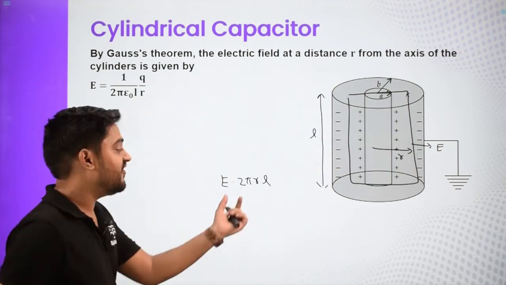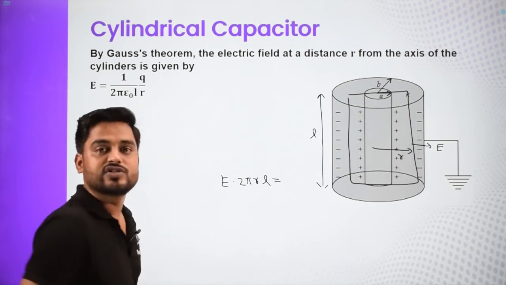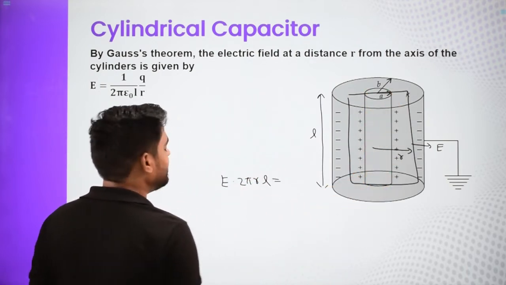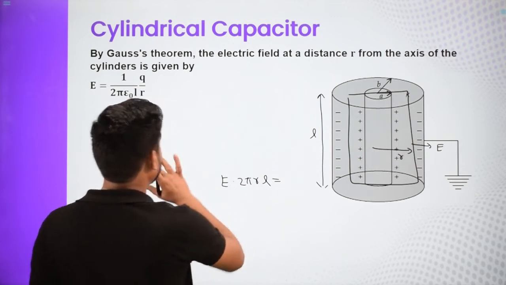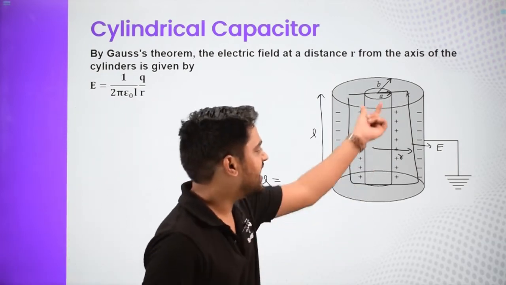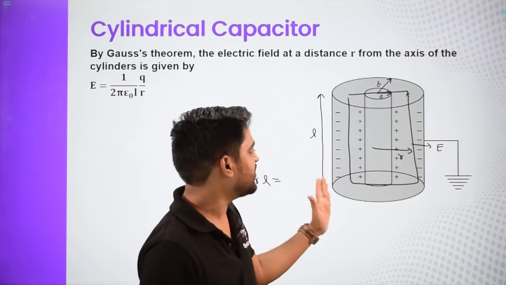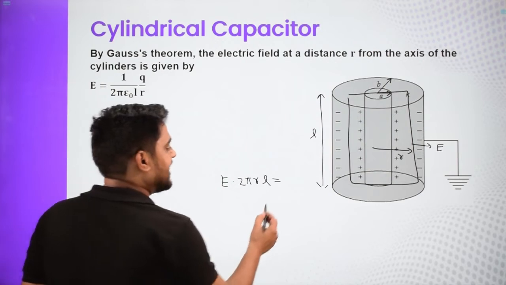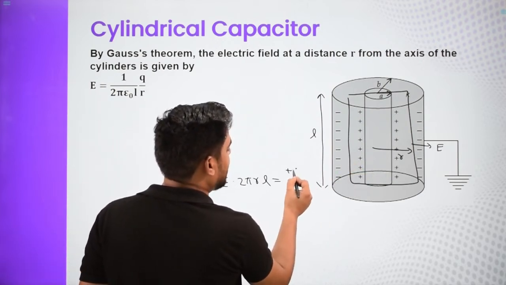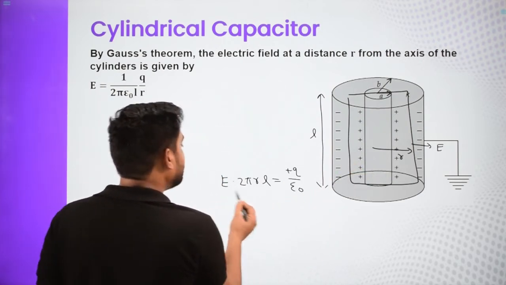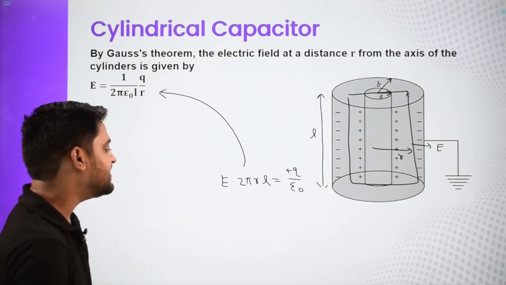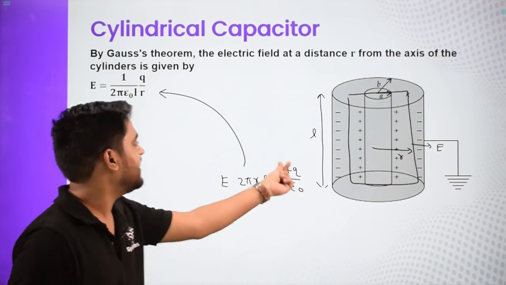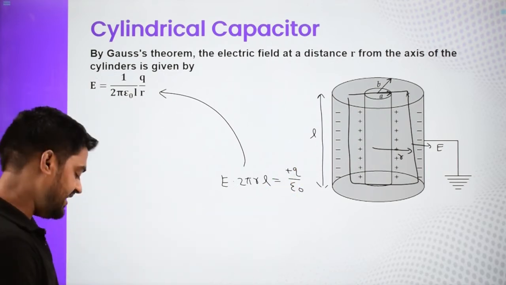So this flux is equal to Q in, the charge which is present only in this positive cylinder. Let us say that the total charge on this is plus Q, and the total charge on the outer one, so these are 2 cylinders, is minus Q. So we have just plus Q charge inside, divided by epsilon naught. So E comes to be Q by 2 pi epsilon naught L R. So this is my electric field.